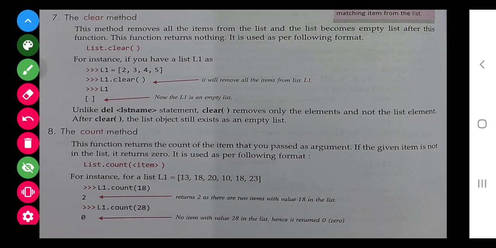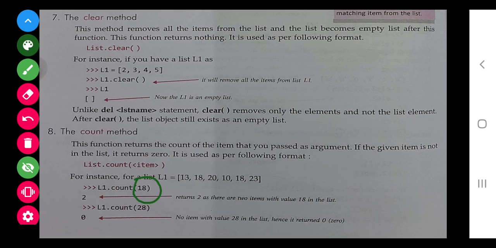Next is clear. Clear will delete all the elements of the list, but the list will be there and it will be an empty list. Next is count. Count will give you how many elements are there in the list.